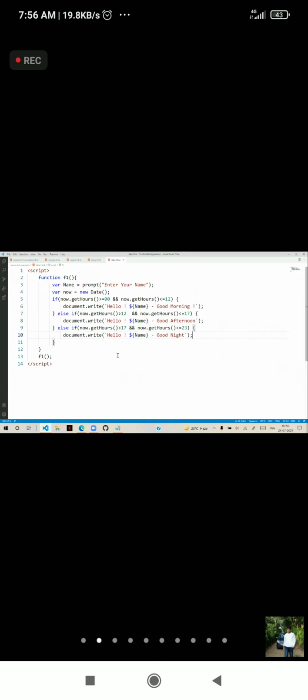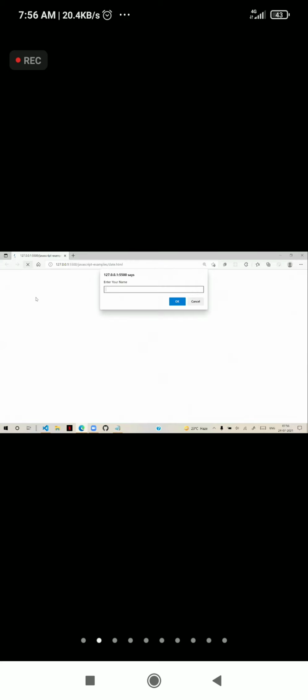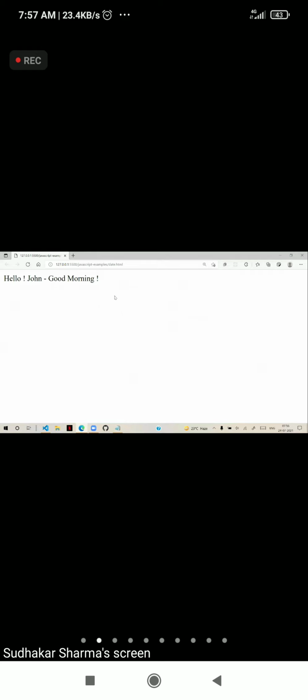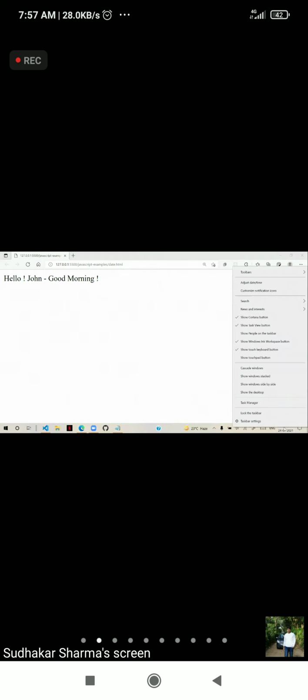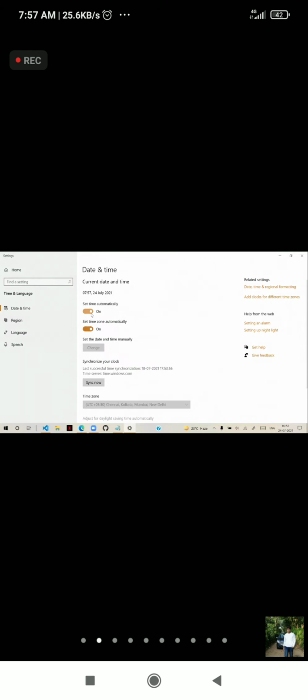And whenever I start this page, according to the time, I enter a name, click OK, and it says good morning. Suppose we change our system time. You can change your system time. Suppose I'm changing the system time, so adjust date and time. After changing set automatically, I need to change, then only I can change the time manually.